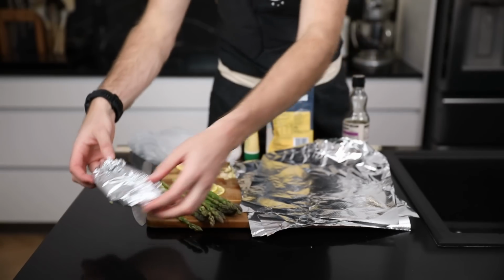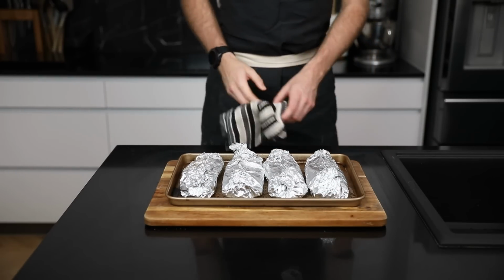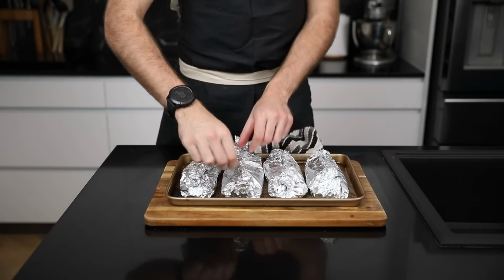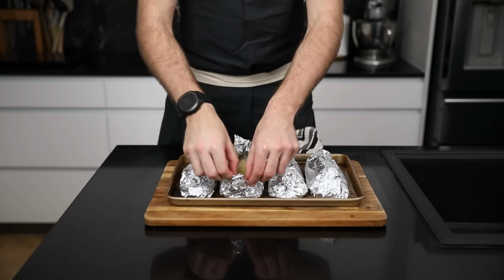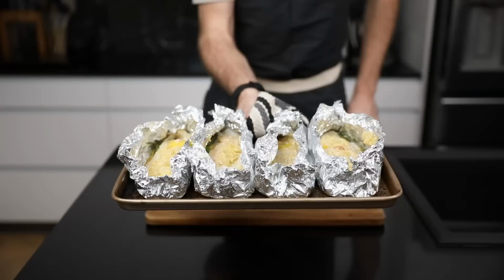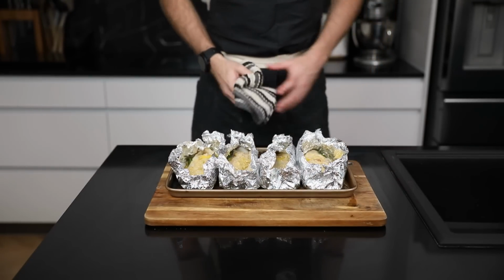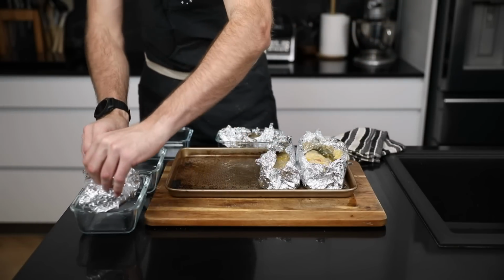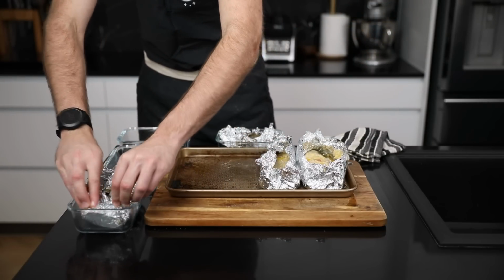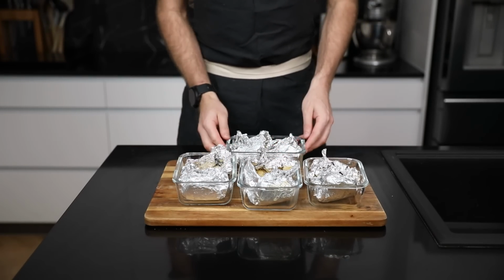Now that goes on a sheet pan that goes into the oven for about 20 minutes, and the fish is absolutely divine. When you open those parcels, you'll be able to smell all of that fresh aromatic flavor, and it's just fantastic. Now, the best thing about this recipe is that all you have to do is pick those parcels up and put it straight into a meal prep container. It's pretty easy and it's relatively mess-free,